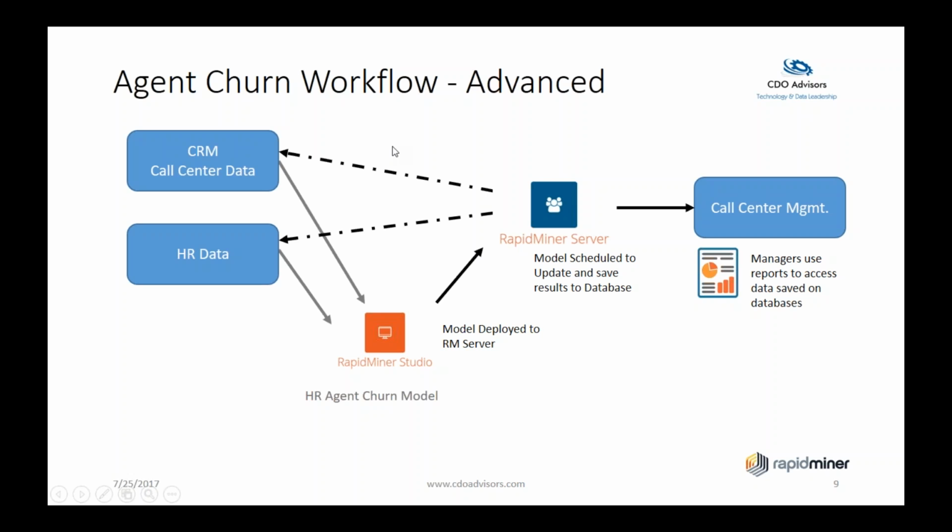So the next piece here is what I call the agent churn workflow, the advanced. The only real difference here is now I've inserted RapidMiner Studio into the mix. So I still have my CRM, my call center data, my HR data. I would still do everything I just did in RapidMiner Studio through the demo I showed you. I've got a model, I've got output, but now maybe there's information in that model that I don't want to update manually,